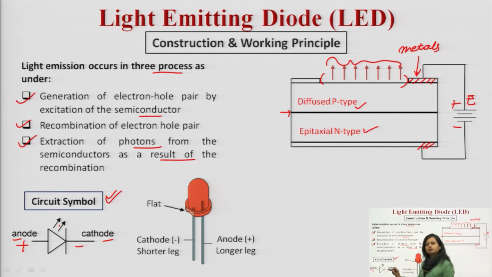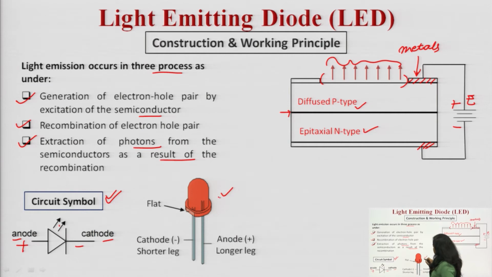So this is the cathode terminal, this is the anode one, and you can observe these arrows are in the outward direction. It means what? When you say light emitting, this is a special purpose diode which emits light, and these outward arrows show that this particular diode emits light. That is why it is mentioned in the outward direction, right? So this is the circuit symbol, and you are going to use it in a number of circuitries where you have to do a number of analyses.